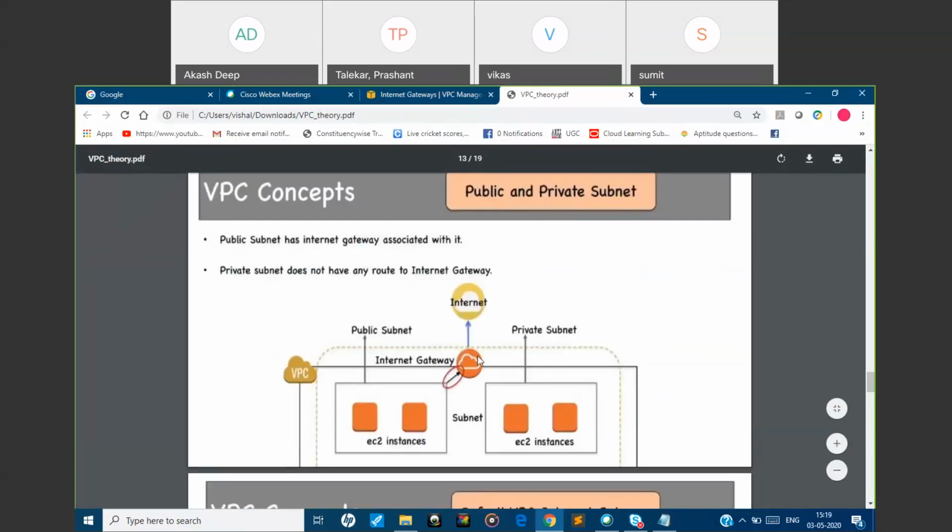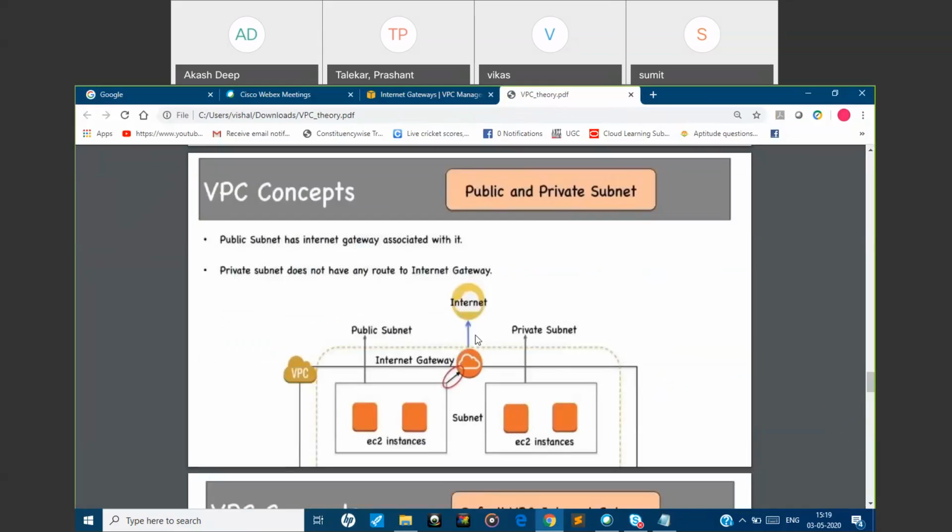No. Gateway will basically help you to connect to the internet. Yesterday I had given a very good example. Suppose you are developing any framework-based applications, using Django, Flask, or in Java we have Spring Boot.